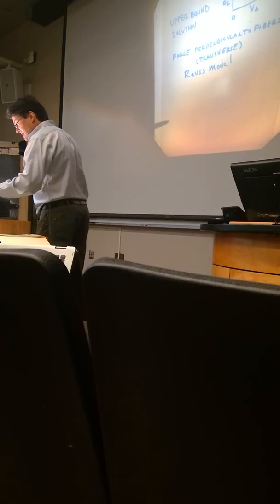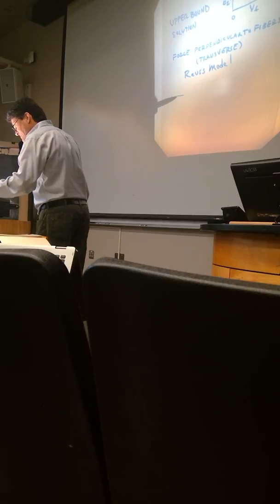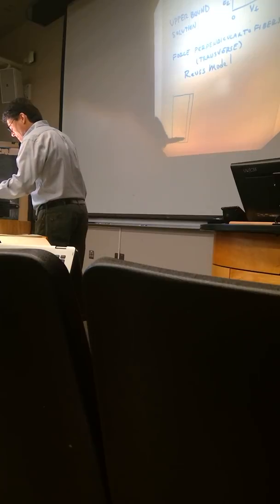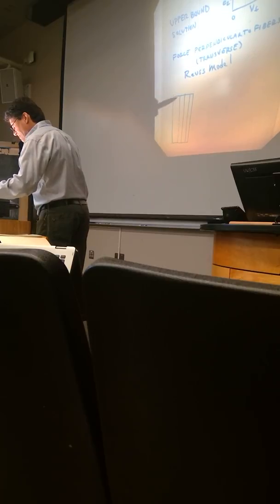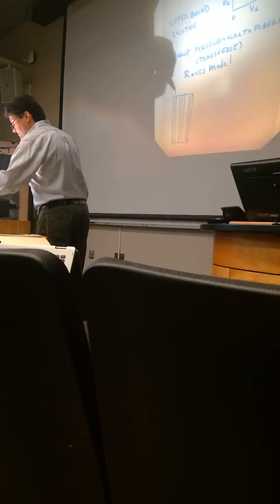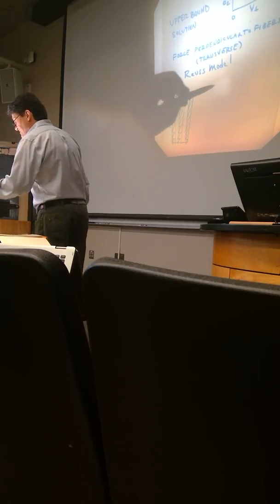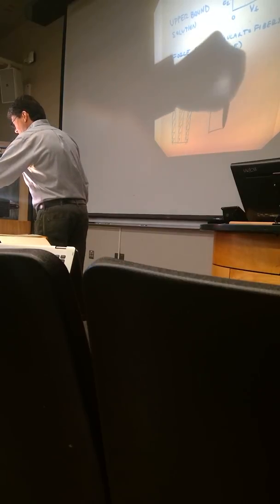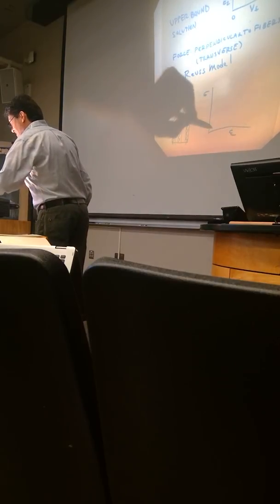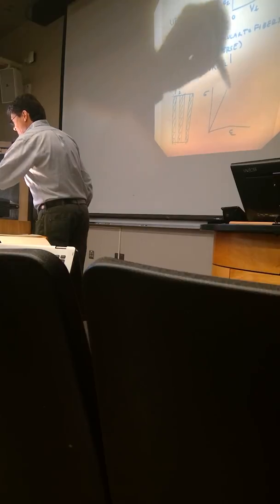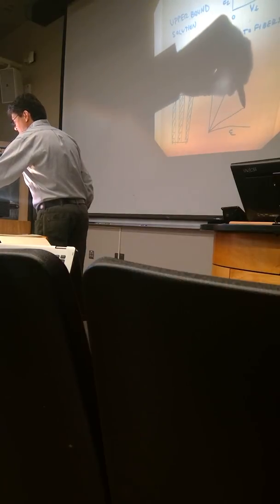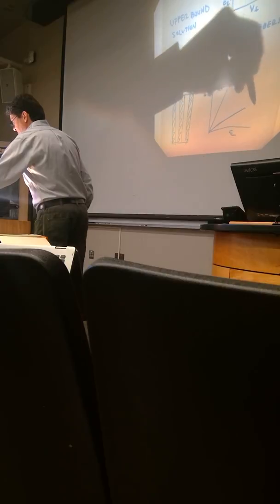So if we draw the same block of material, material 1, material 2, a straight line of course, stress, strain, and we have material 1, we have a straight line, material 2,